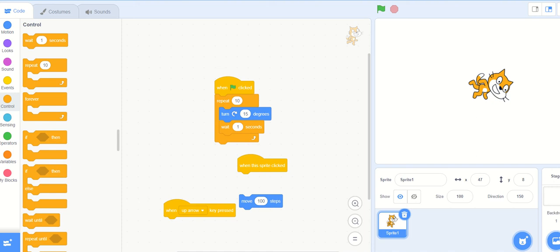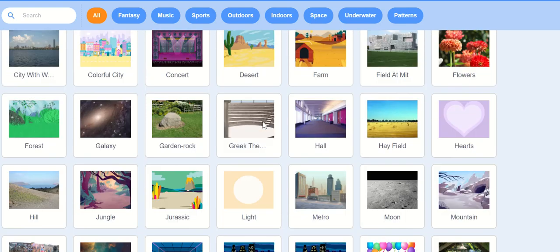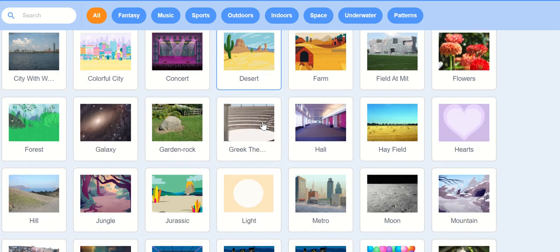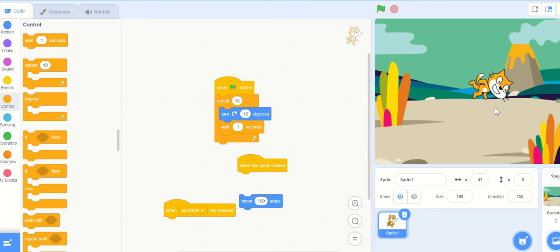Now let's understand where we will get these options. Here at the right lower corner we have the options to choose the backdrop. We can change the backdrop by first moving to the backdrop library. This is the backdrop library where you can find a number of different backdrops. You can select any one of them, and then that backdrop will be visible to us on the stage.